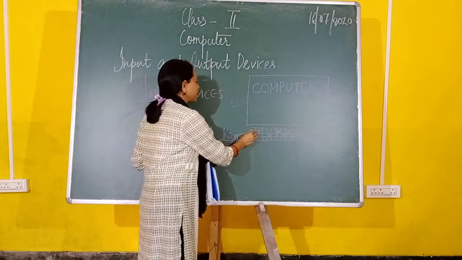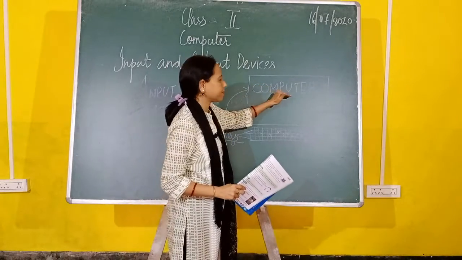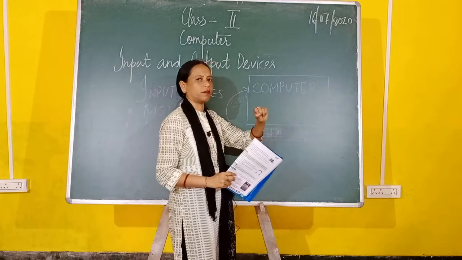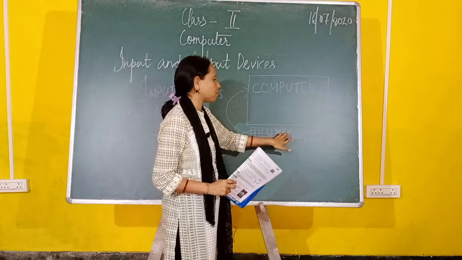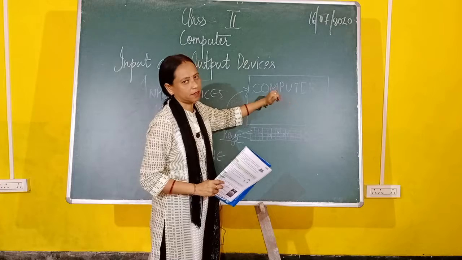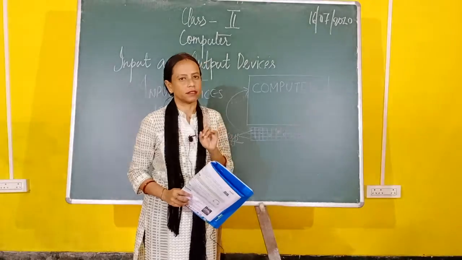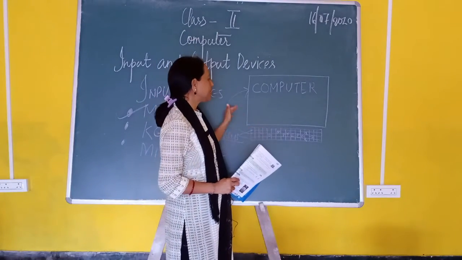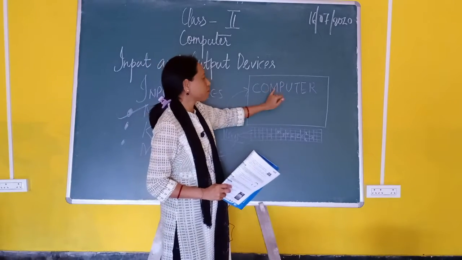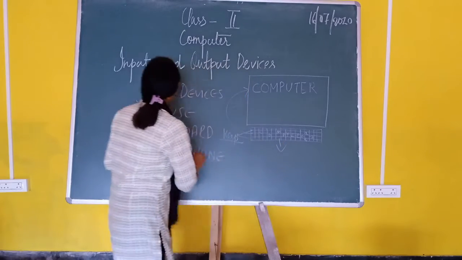Again, what is happening? When I am pressing the keys of the keyboard, the letters are entering the monitor and making a word, computer. We can see it on the monitor. So again, this keyboard is known as your input device, because this key is helping us to type a word inside the monitor. That's why we call the keyboard an input device.